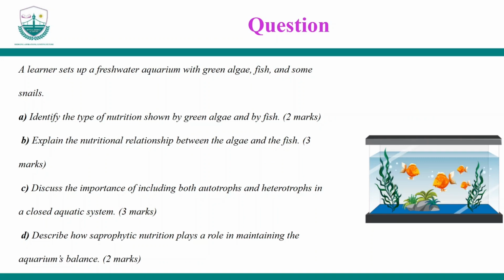Can you describe the importance of including both autotrophs and heterotrophs in a closed aquatic system? That's basically the same interpretation, that if you have organisms that produce their own food, we term them as producers. And when you have producers, it means you have food that is available for other organisms that are in the category of whether herbivores or even carnivorous organisms, or even omnivorous organisms. All these actually depend on producers, which are the green plants. And in this case, we